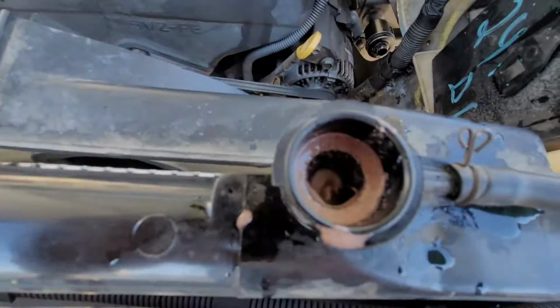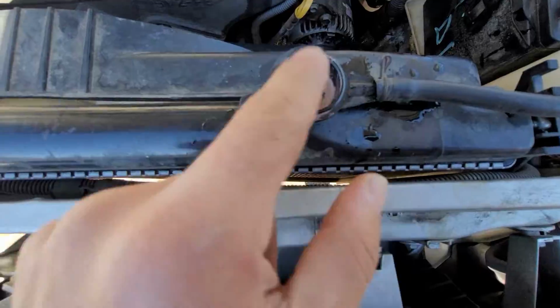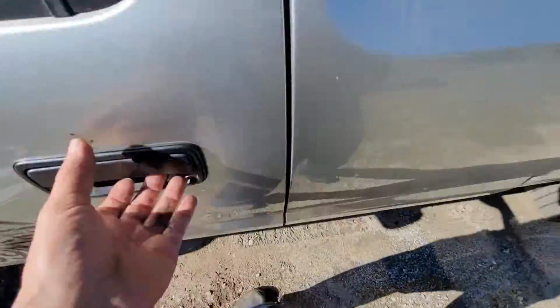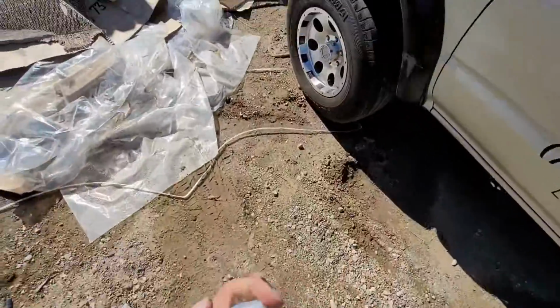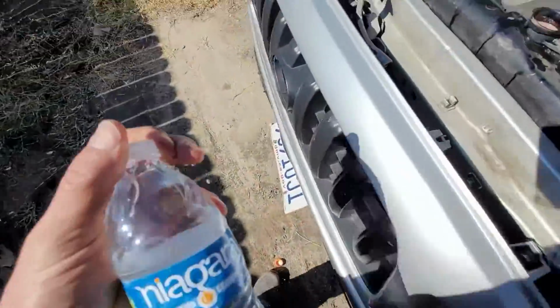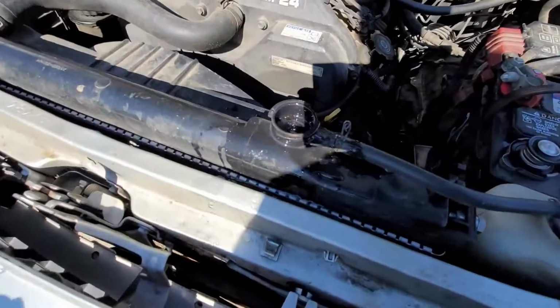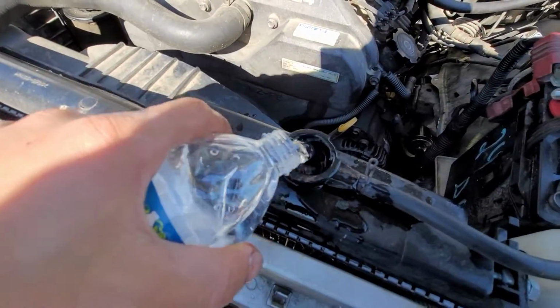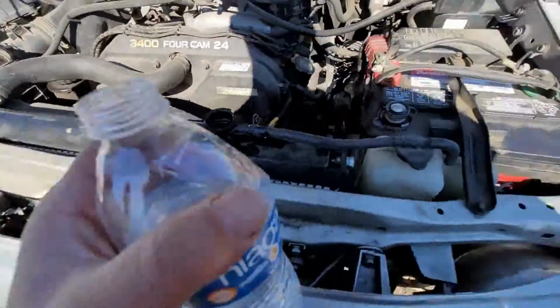And then I didn't fill it up all the way. I just want it a little bit more concentrated. I'm gonna get a bottle of water and just rinse off that little top piece right there. So just like that, we just rinse it down because we don't want the cap getting too much of that, and then so forth. So we'll just leave a little gap that's in there, and then we're gonna go ahead